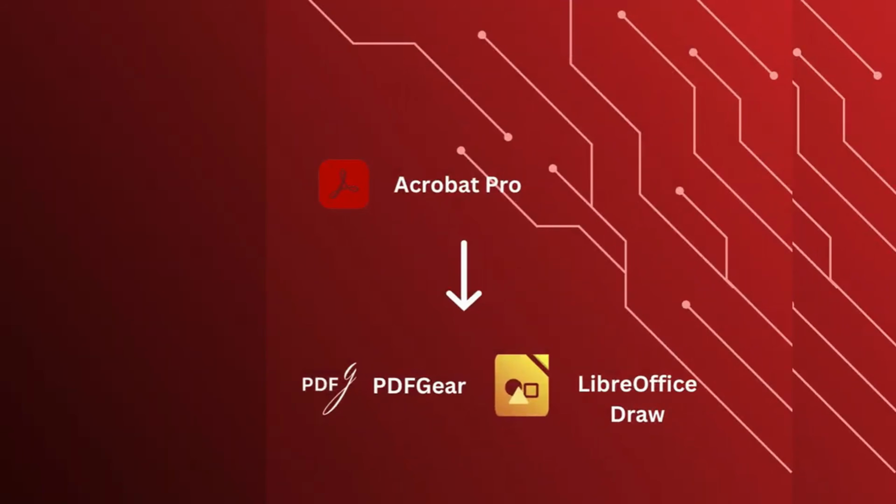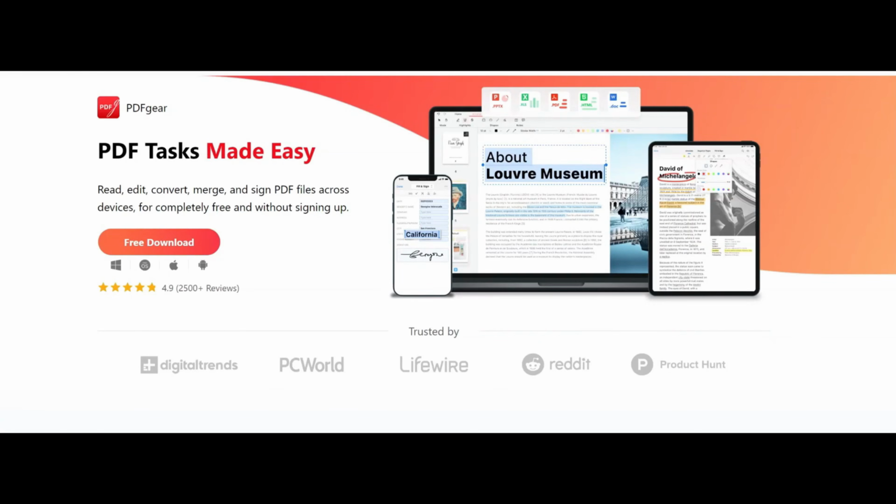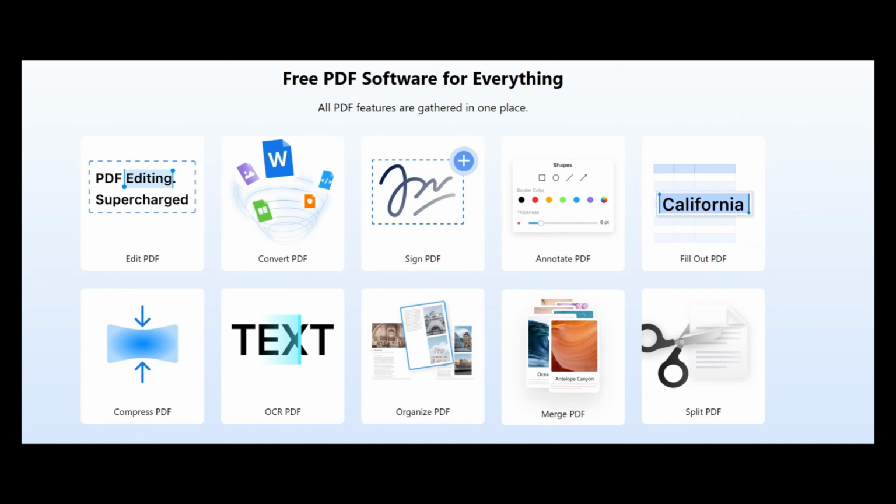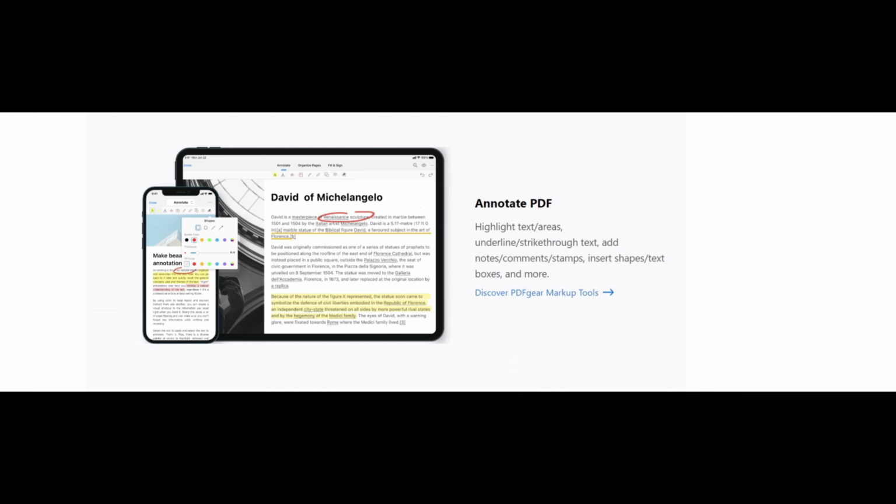Next, we have Acrobat Pro. If you're looking for an alternative for Acrobat Pro, PDFgear is a versatile tool that allows you to edit, convert, and organize your PDFs. Whether you need to fix a typo, convert a PDF to a different format, or add annotations and highlights,